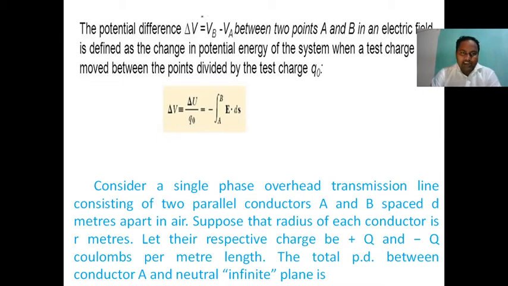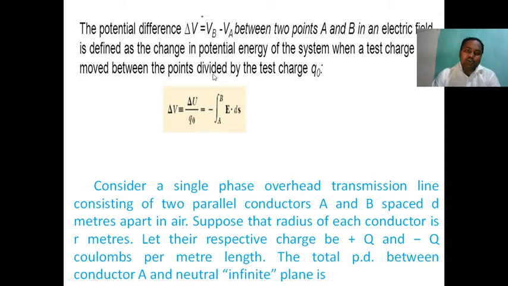So what is the electric field intensity? E is equal to rho L by 2 pi epsilon naught into R. The charge is sometimes taken as Q or rho, whichever it is. The charge represents Q or rho. So the very important point here is that the potential difference V always opposes the electric field intensity.